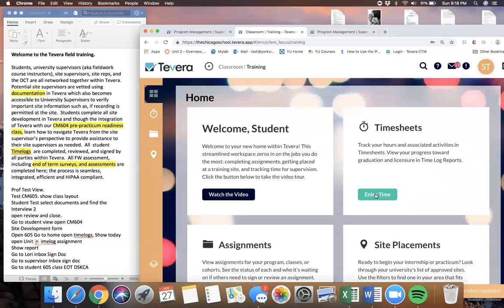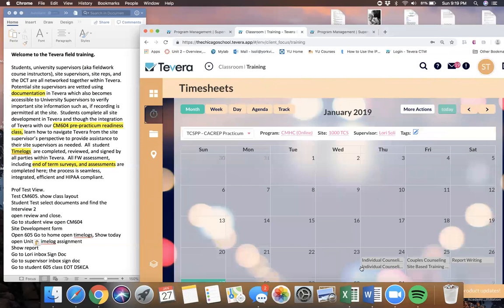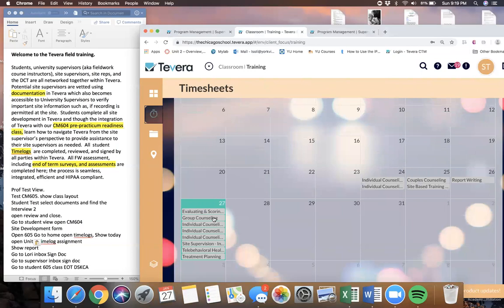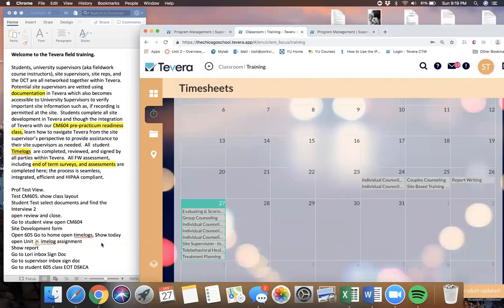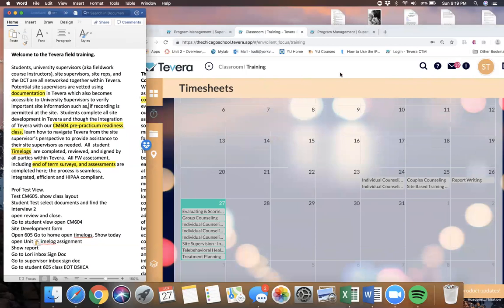Students also complete their time logs in Tevera. Students simply click onto the main tile. They're able to enter time into the days. Here you can see I have completed my time for today. If I still had something else to do, I can go in here and add more time. Students also run time log reports